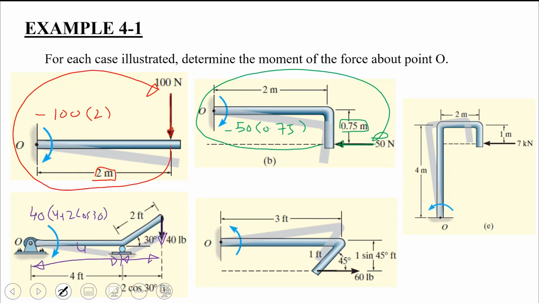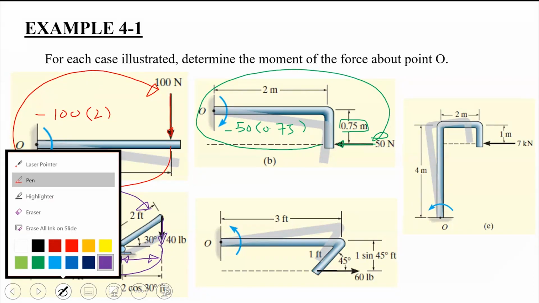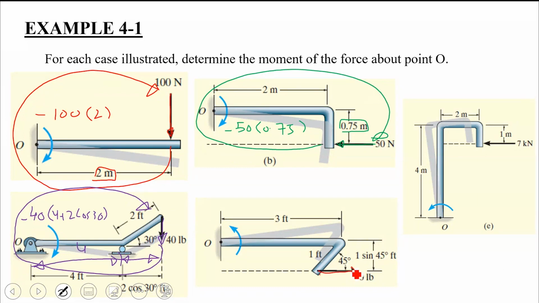जहां तक ताल्लुक इसके डायरेक्शन का है, so what is this tendency of rotation? Is it clockwise or counterclockwise? Clockwise. So we are going to add a negative sign here as well. So overall the moment would be minus 40 into 4 plus 2 cos 30. Negative sign हमने क्यों शामिल किया? Because the tendency of rotation is in a clockwise direction. और जो convention हम इस्तेमाल करते हैं वो counterclockwise moments are taken as positive, whereas clockwise moments are taken as negative. Clear है? Yes. Okay, so moving on to the fourth figure, in which a force of 60 pounds is